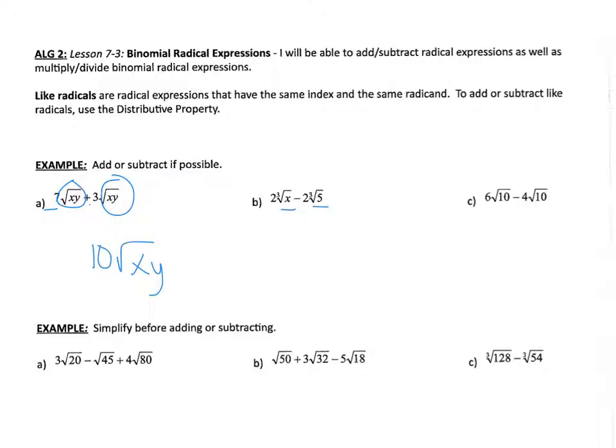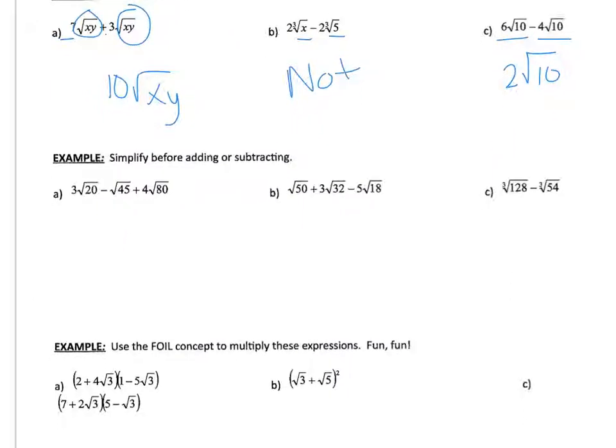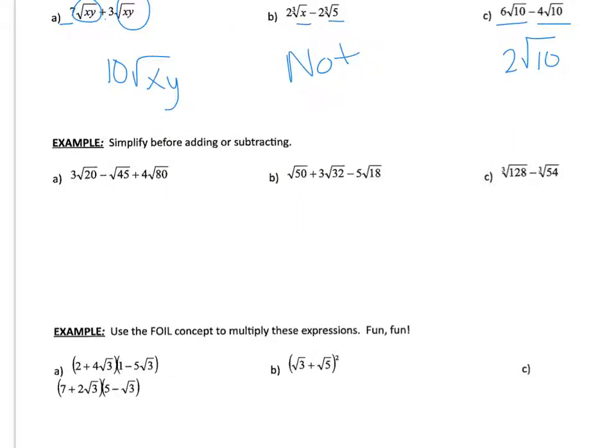These I can't break down any further, and they have different radicands. So this is not possible. And then 6 root 10 minus 4 root 10 is 2 root 10. They're like terms. Sometimes you have to simplify before